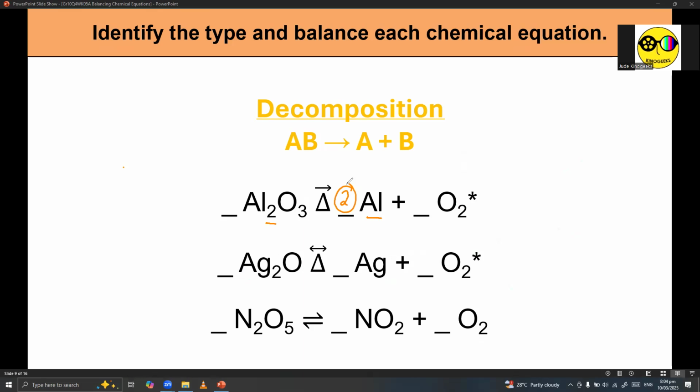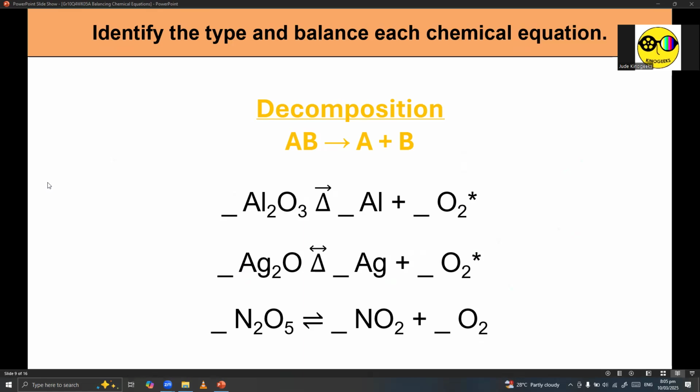The problem with this type of problem, technically there's nothing wrong with what we're doing. What we're doing is correct. But at the same time, there is a problem. We're done with Al, but at the same time, nothing happened with oxygen that makes it balance. In short, walang nadamay. And this is a sign na hindi maganda yung start natin. No? Not all the time this happens. It really depends on the equation given to you. So you have to figure out a way to make the elements balance.